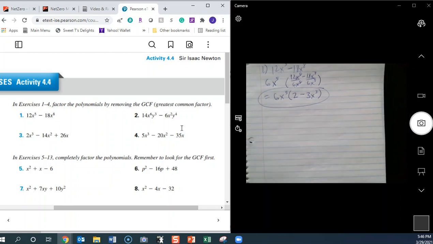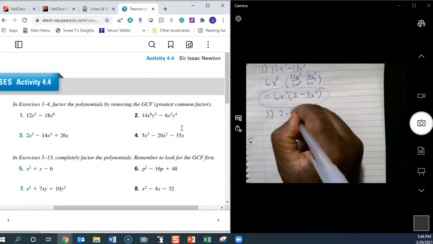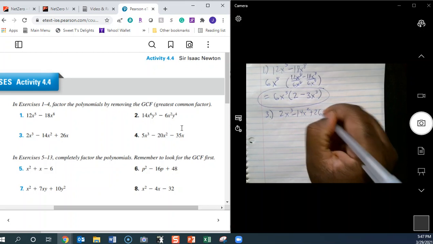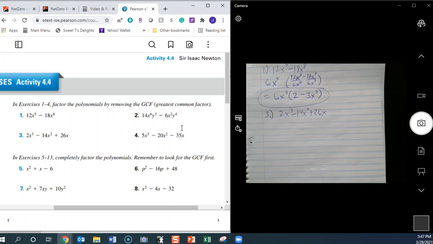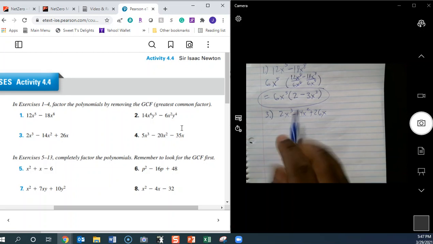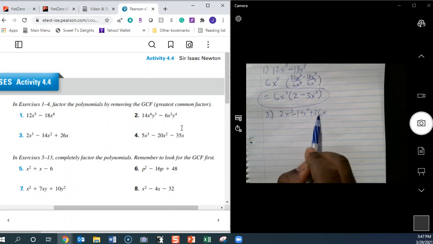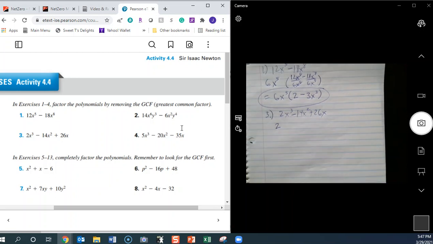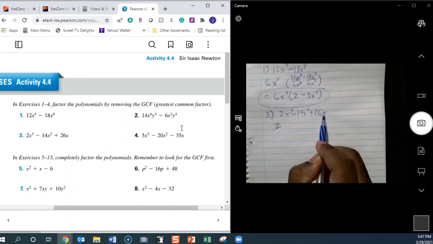Now, I'm going to do problem number 3, just so you could get more practice with this. Now, if you notice here, we have three terms. Remember, terms are separated by addition or subtraction. So we had three terms. So we look at the numbers in front. 2, 14, and 26 all have 2 in common. X cubed, X squared, and X all have X in common. Because all of them have the same variable, but the variable with the lowest exponent would be what you would